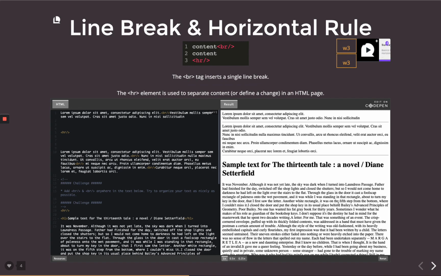All right, the line break and the horizontal rule. So the horizontal rule is not used a lot, but it creates a horizontal line across the document. And it is what's called a self-closing tag. This is the first that we've seen of these. And